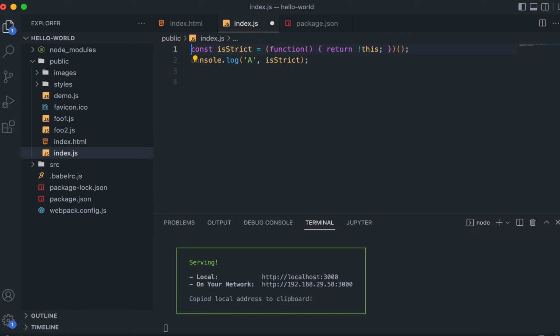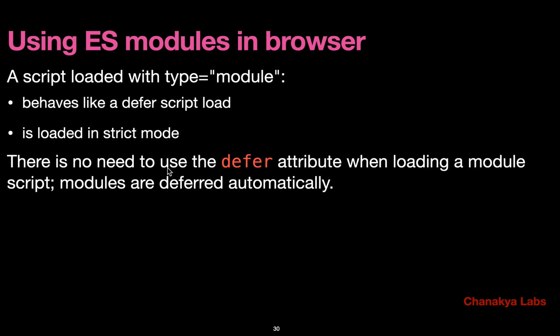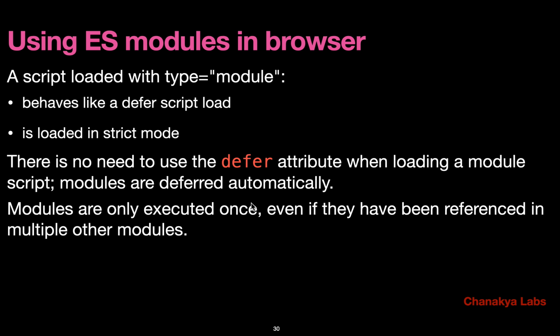The example which we were discussing was simply because of a side effect, that we know that if something is a module, then automatically it runs in strict mode. So the easiest way to check, if there is any confusion, is to see whether strict mode is enabled by default or not. Otherwise both are completely different things. Okay, so that should be fine. There is no need to use the defer attribute, we saw already, because module scripts are automatically deferred. Okay, now